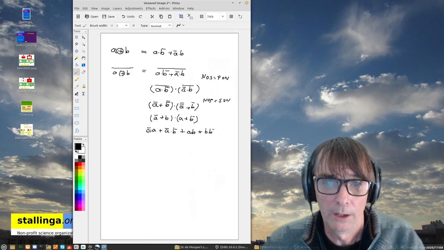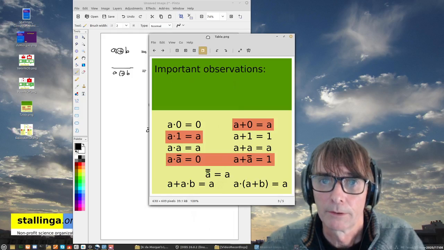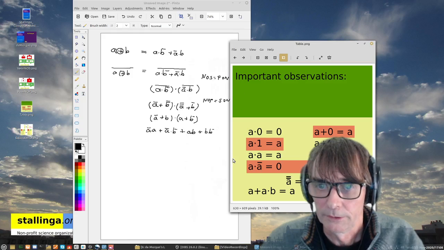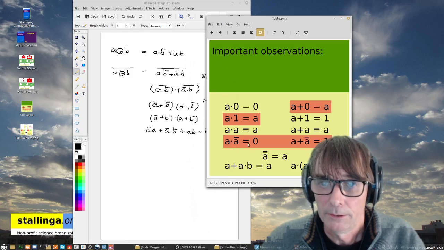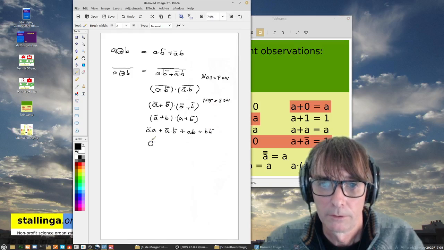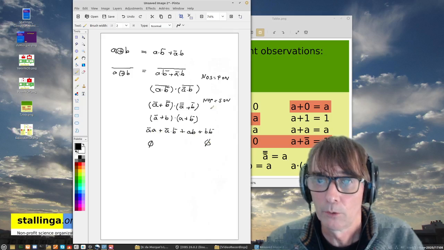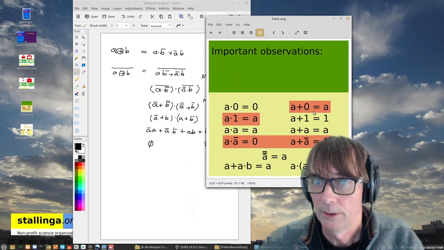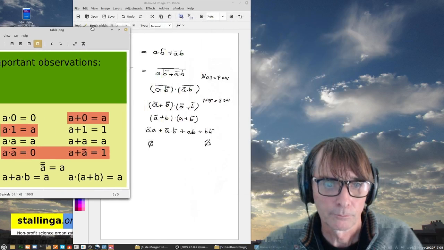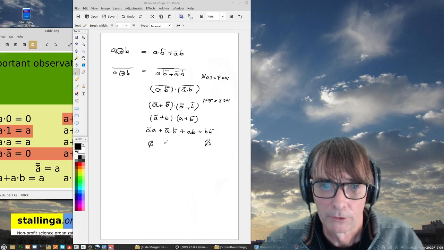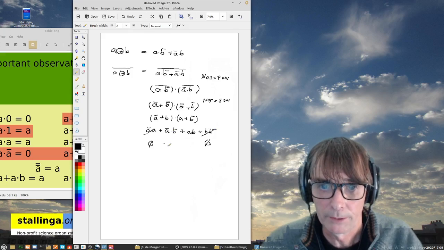And as you know, one of these Huntington postulates, let me see if I can show you this one. There we have it. Huntington postulate: A and not A, this is 0. Here we have 0, and B and not B, this is also 0. And then 0 or something is that something. So that one, I can just cross out this one and I can cross out this one, and we remain